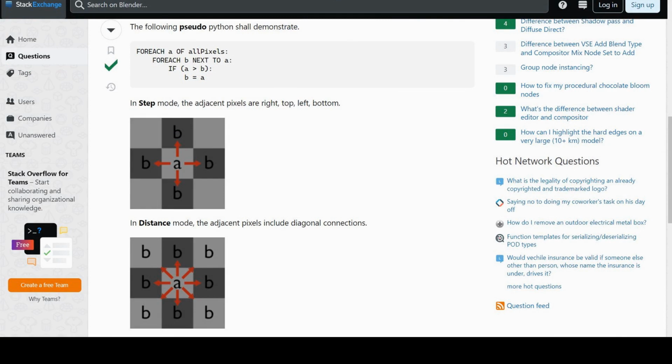A positive value of the distance field dilates or expands the influence of a pixel on its neighbors, while a negative value erodes or shrinks it. The step mode indicates that each pixel will look at the pixel in the four directions, up, down, right and left, for a distance along each direction given by the distance parameter. You can also experiment with the distance mode, which takes into account a pixel diagonally as well.